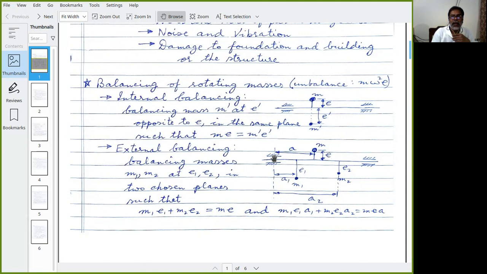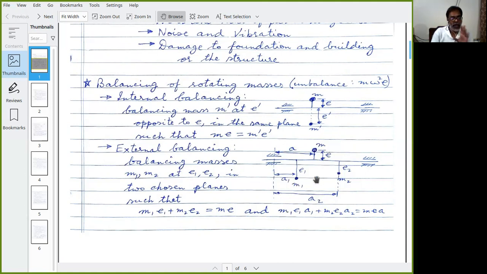then an equal and opposite force will act here. So basically, in that case, one force will act here, another force will act here, and those two forces will form a couple. They are equal and opposite. These two forces will form a couple, and that couple at every instant will balance the resulting moment from these two together. These two are rotating, right? So their direction of forces will change.